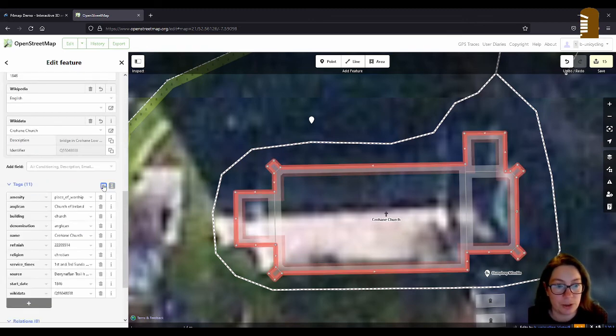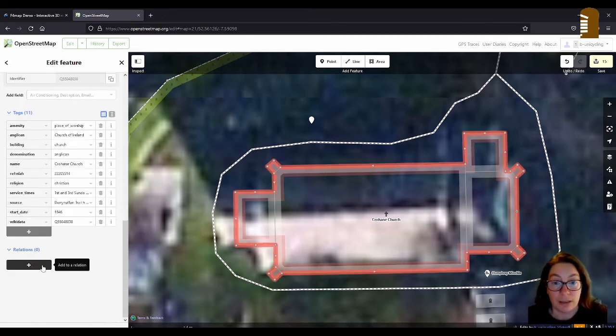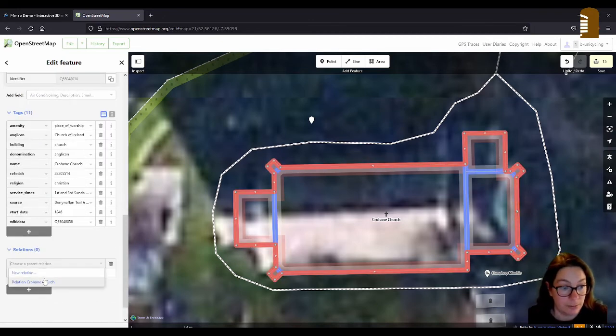You just have to make sure that if you for some reason have already added 3D tags like the roof shape, they can't be in the outline. The outline only has 2D tags. So no height, no roof levels, no building material or anything like that, because it will override everything that you have put in with the building parts. That's the outline, but of course we have to add it to the relation again as the outline.